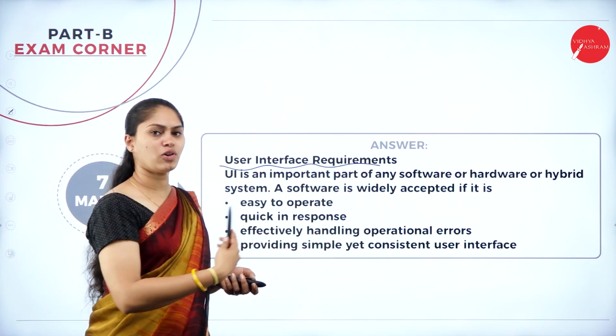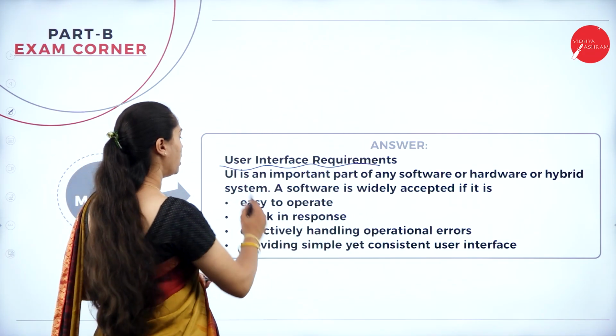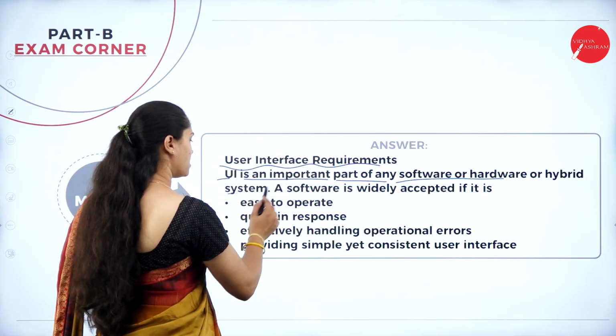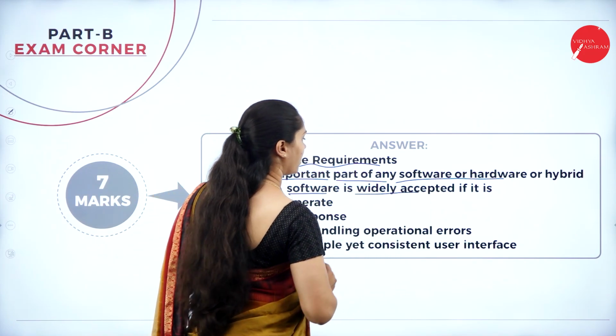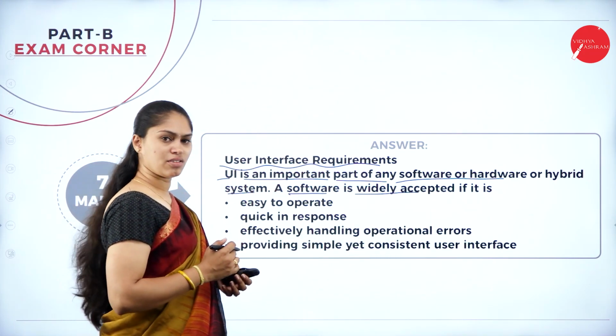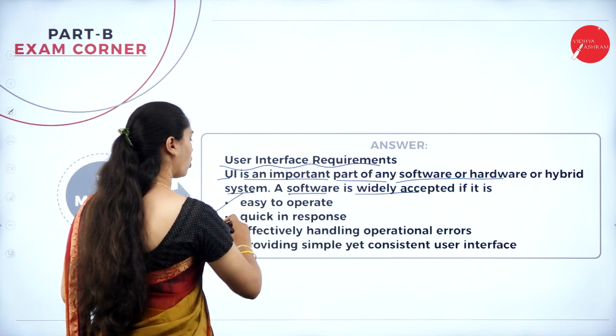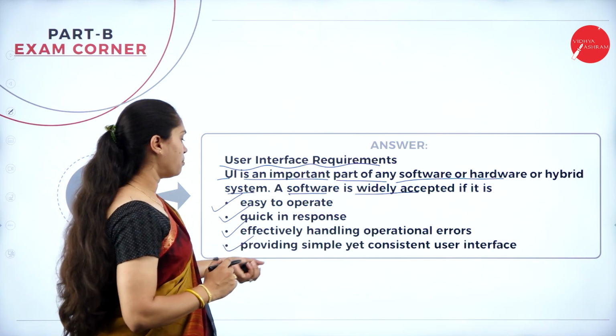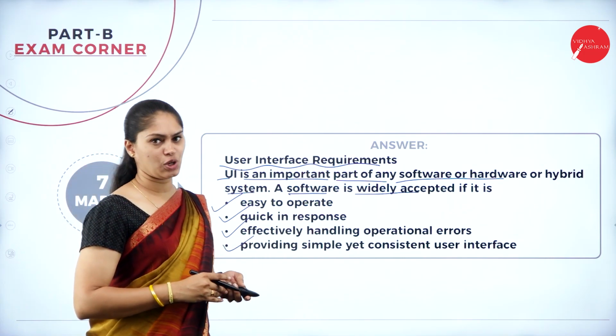Then how are we going to communicate with a system? UI is an important part of any software, hardware, or hybrid system. So a software is widely accepted. Then how can I consider that as an accepted user interface requirement? If it is easy to operate, quick in response, effectively handling operational errors and providing a simple yet consistent user